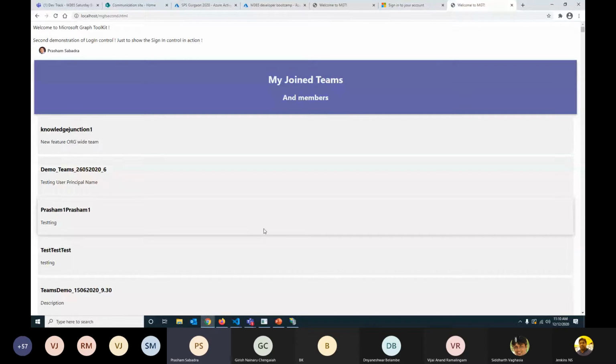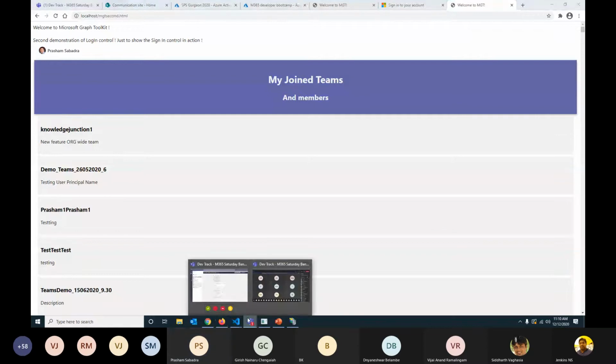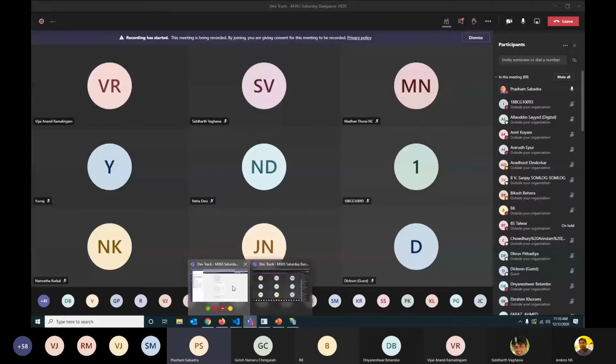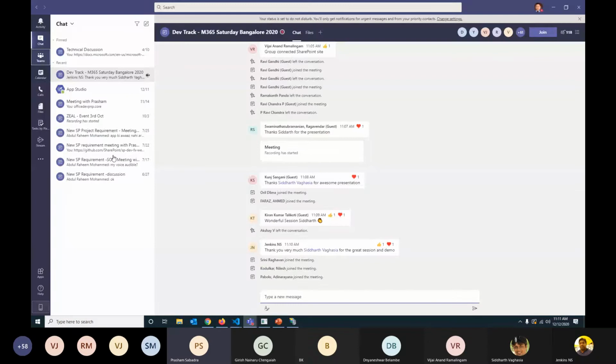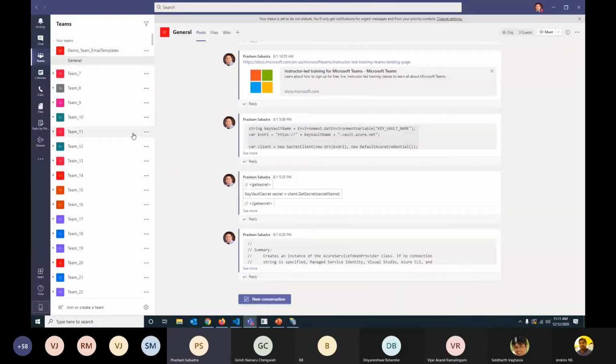The customer wants, if I go to the Teams client and go to the Teams, the archival and unarchival functionality as it is, because that works for out-of-the-box teams which are created from either the Teams client or Teams web. So that was the requirement.